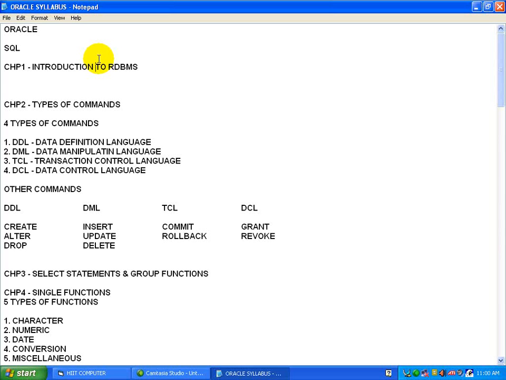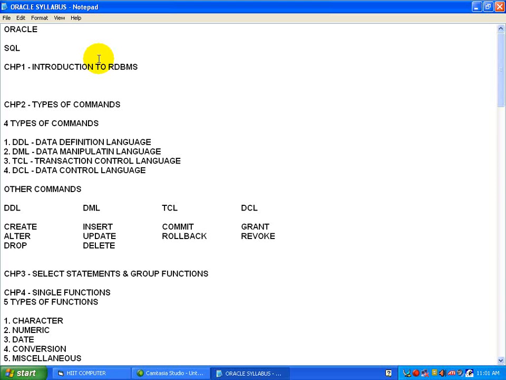What are the benefits of SQL? First, non-procedural language. Second, it is a common language for all relational databases. Third, very simple commands for querying, inserting, deleting, and modifying data and objects. The Oracle internal data types. As we have to move to practical, before that the data types concept should be cleared. Means which type of data you are inserting in a database. So before inserting the data, we have to specify the correct data type for each and every field.